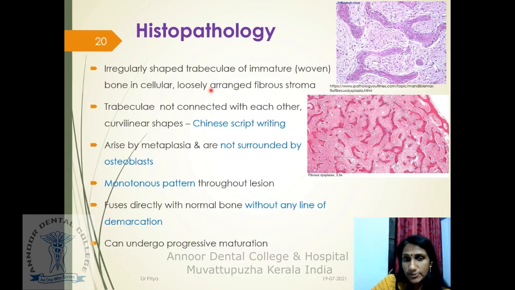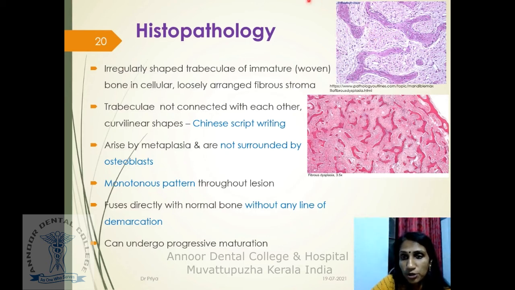Histopathology: when you look at the histopathology, remember, as per the definition, bone is being replaced by fibrous connective tissue. Within that fibrous connective tissue, you see fibroblasts, collagen fibers, and some amount of mineralized areas. It could be bone or cementum-like material. Here you will see irregularly shaped trabeculae of immature bone. The bone present is woven bone or immature bone, which is arranged in a cellular, loosely arranged